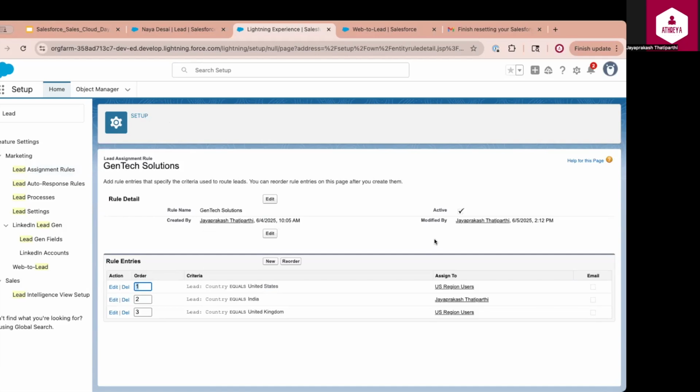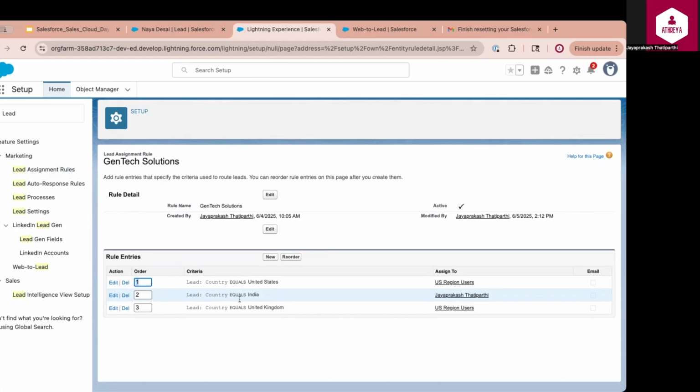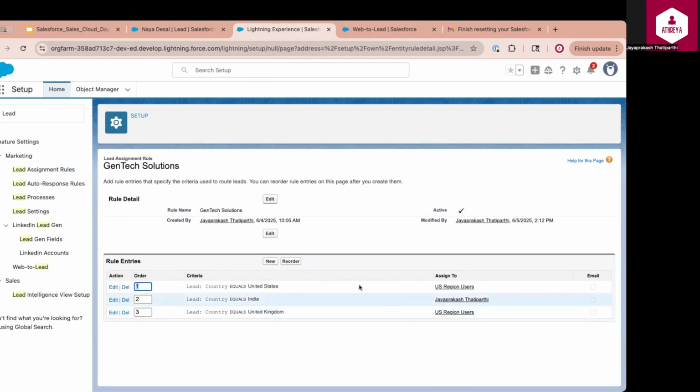Here is how the assignment flow works. When a new lead is created, Salesforce evaluates the rule entries in order. If the first entry matches, it assigns the lead and stops evaluating further criteria. If not, it moves to the next entry and continues until it finds a match. If no rule matches, the lead is assigned to the user who created the record. This approach ensures that your leads are automatically routed to the right people, improving response time and accountability across your